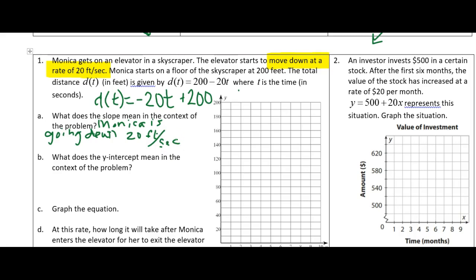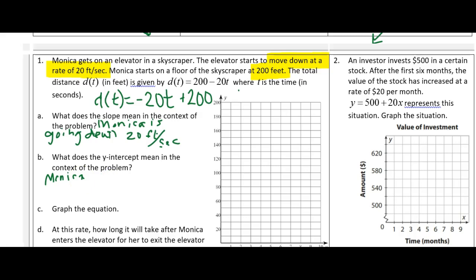Okay. What does the y-intercept mean in the context of the problem? Well, my y-intercept in the equation is positive 200. We can reread the problem that it says Monica starts on the floor of a skyscraper at 200 feet. So this is where her starting point is. Monica starts at 200 feet. Oops, let me erase that. Monica starts